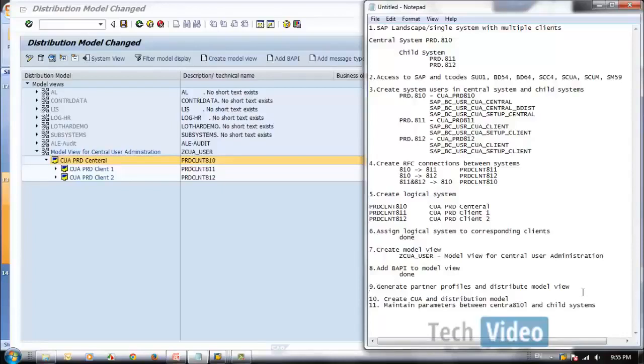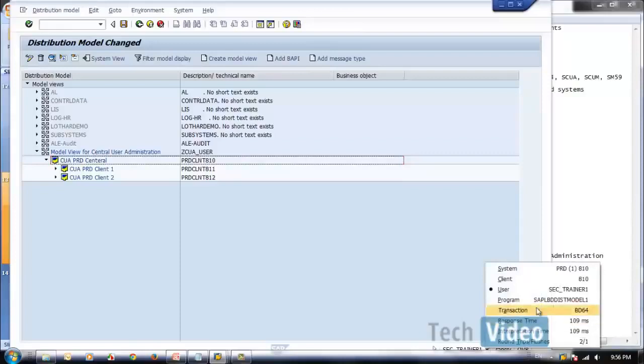Okay, next is generate partner profile and distribute the model view. So once you have created the model view and added BAPI, you need to generate this setup and we need to distribute this model view to all the clients.